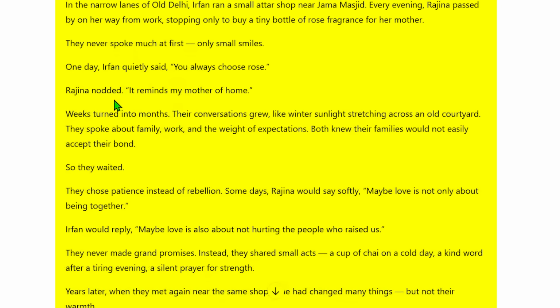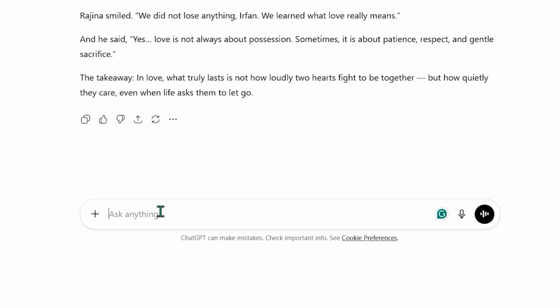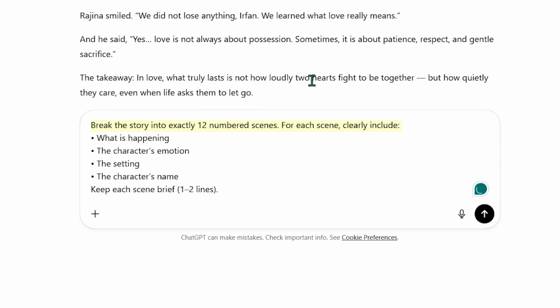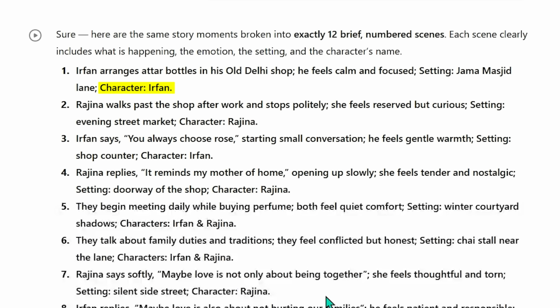Once it feels right, copy the full story, because now it's time to prepare it for visuals. To animate this properly, the story needs to be broken into individual moments. So I go back to ChatGPT and ask it to break the story into exactly 12 numbered scenes. For each scene, I want to clearly know what's happening, which character is present, what emotion they're feeling, and where the scene takes place. ChatGPT gives me a clean breakdown with the character's name, their emotion, some form of action,